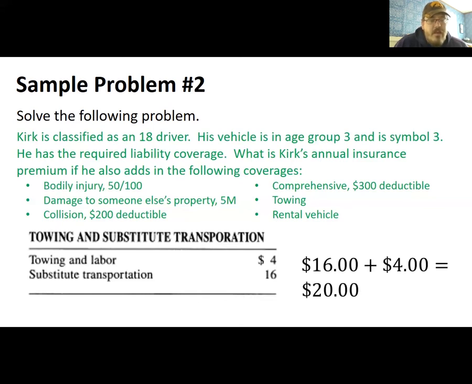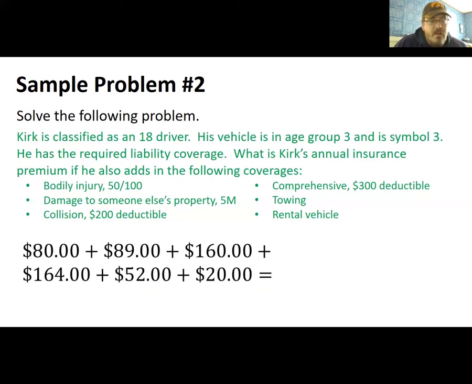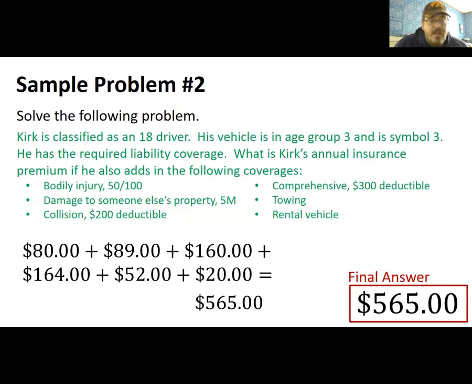Okay, so now we've gone through and identified what the prices are for each of these coverages. The last step is to go ahead and add all of those pieces together. All right, so we're adding up the minimum liability coverage plus the additional bodily injury plus the property damage plus the collision plus the comprehensive and then the towing and the rental vehicle. When all is said and done, the sum is $565. And that is the annual premium that, in this case, Kirk will have to pay in order to cover